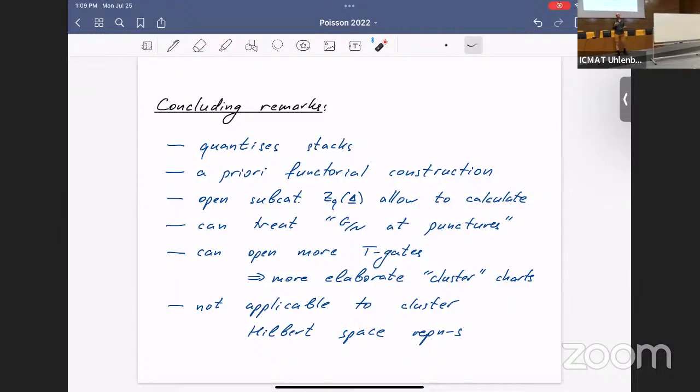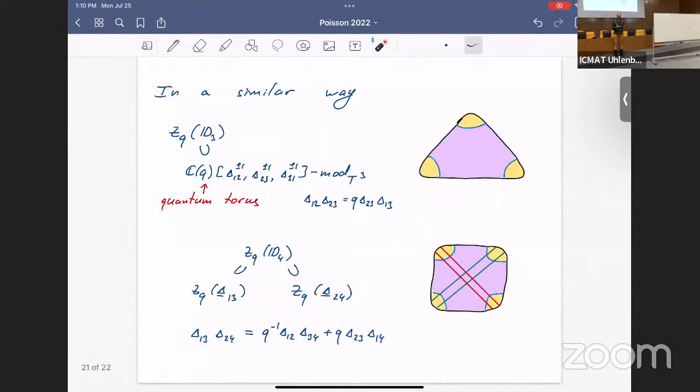If you don't like all this categorical stuff and you like generators and relations, you know, cluster structure is rather rigid. Well, maybe rigid is not the word, but it has a definition. And in the SL2 case, if you look at the moduli space of local systems on the disk with 3 marked points, you have just a single cluster chart, and there's nothing else you could do. That's it. Now, in this case, what we can do, we can open as many T gates over here and